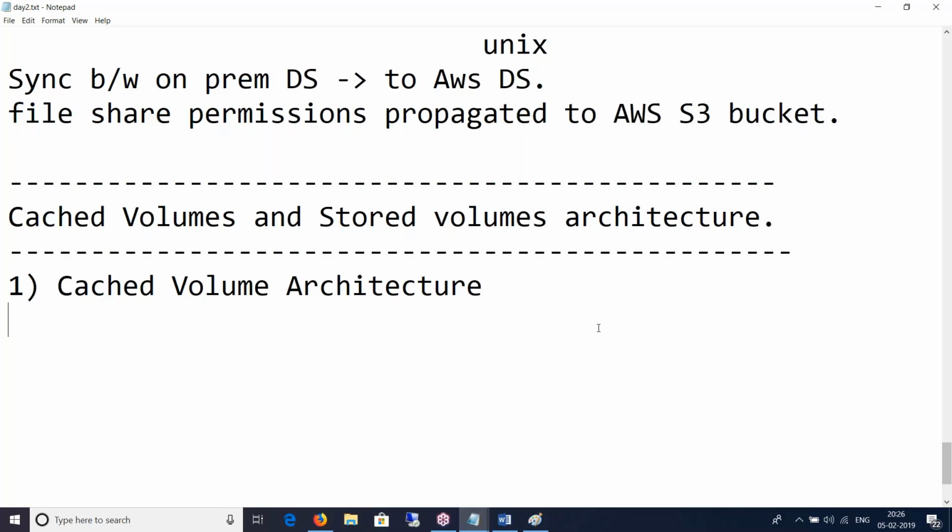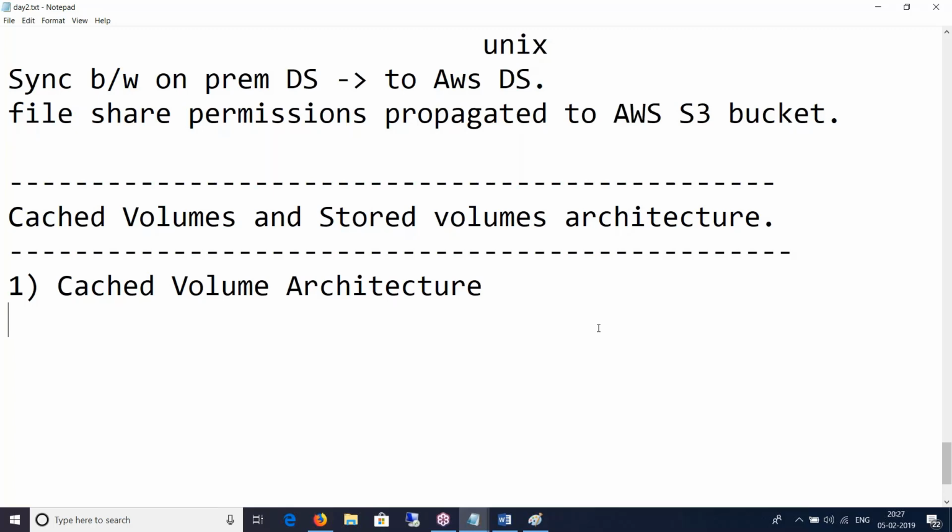Starting with the cached volume architectures. Let's understand the cached volume architecture, and in this architectural demonstration, you'll see that Amazon S3 will act as a primary storage because we save the entire data in the S3 bucket, and the storage gateway will retain frequently accessed data, and this on-premise infrastructure will make sure that you minimize the need to scale your on-prem storage design.